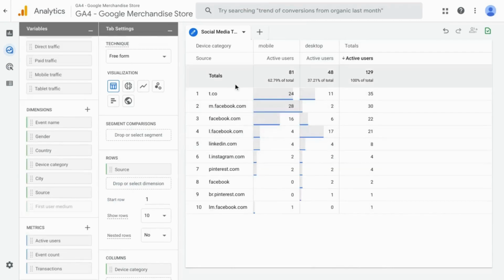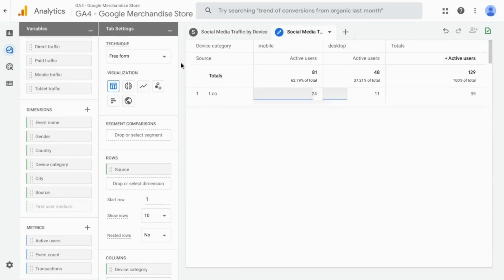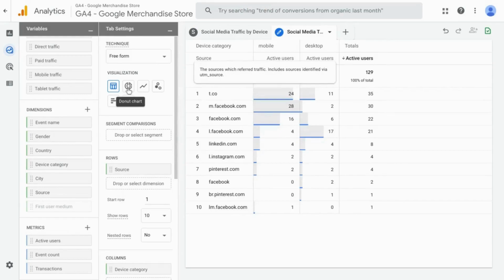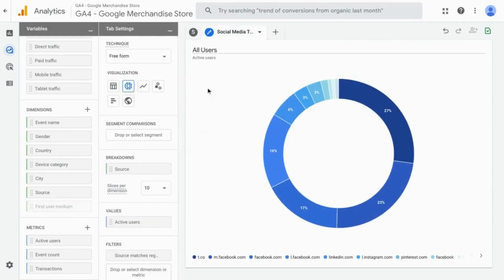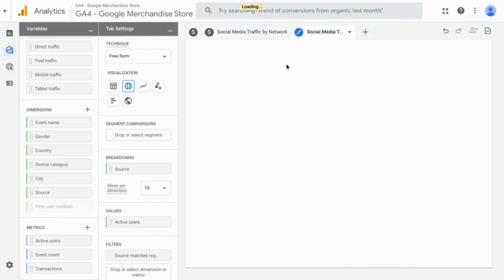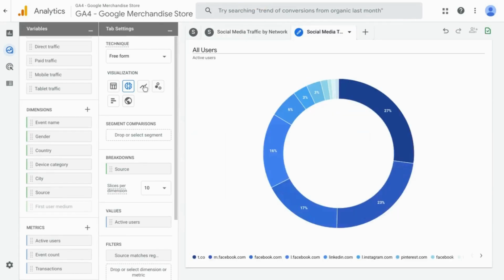You can also add a couple more tabs to include some visualizations. So if you go to your tab and click on this drop down, select Duplicate, and for this tab, we'll change it to a donut chart. So here we can see the percentages of traffic, and then let's duplicate this one, and this time we'll choose